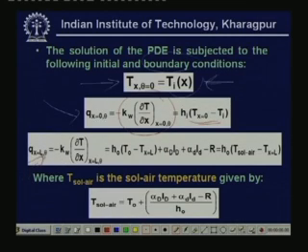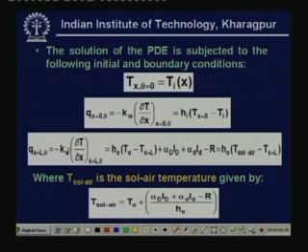Q at x = L, θ, is minus kW ∂T/∂x at x = L, θ, which is equal to the heat transfer rate by convection, plus the heat transfer rate by direct radiation, plus the heat transfer rate by diffuse radiation. This is the long wave radiation, right? What is done here is